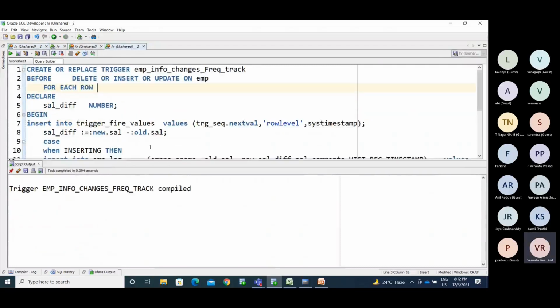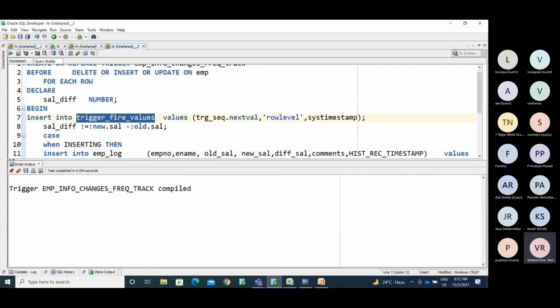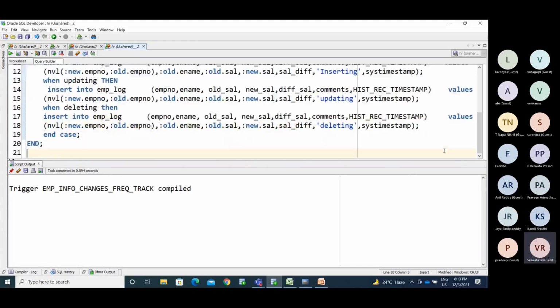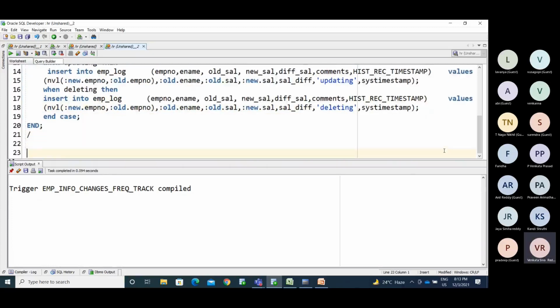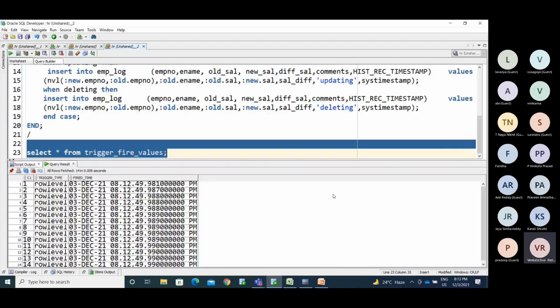Check the trigger fire values. To track that, we are using a log table. So select star from the values. It's a row level trigger, and 14 times it fired.